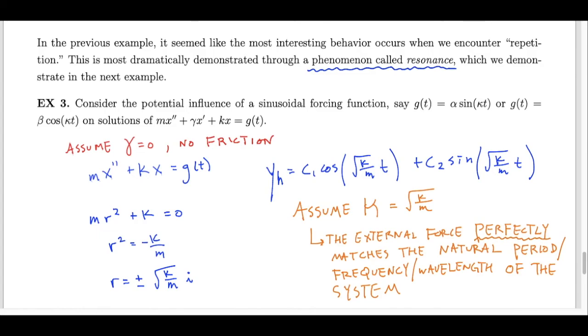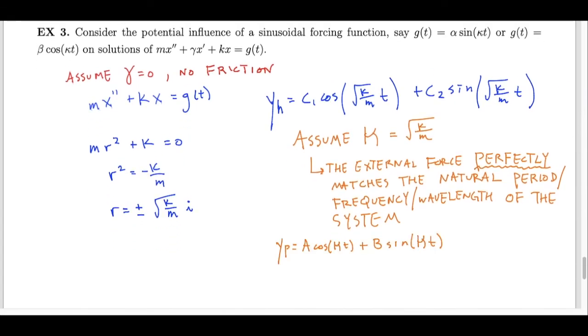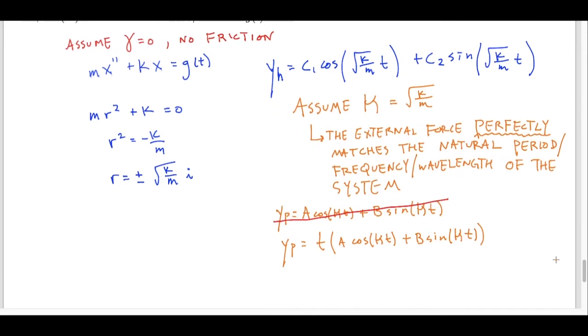So mathematically, what happens when this phenomenon is present? Well, as we've seen with many examples, when there's repetition between one of the terms in the y sub p that I've chosen and one of the terms in the y sub h that indicates the natural behavior of the system, that y sub p is not sufficient. And the way that I remedy that repetition is to multiply that y sub p by t. This means that my y sub p will have to have this form here, and my general solution will have the form